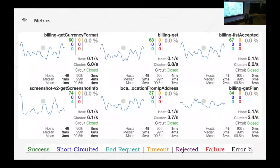I also mentioned that we use Hystrix for latency and fault tolerance. So for free, if you use our framework, you also get Hystrix dashboards that tell you how each of your endpoints is doing. And these dashboards are pretty neat. You can focus on each of the quadrants, and you can say, for my billing get currency format endpoint, you see 6 different numbers near the middle, which correspond to successful, short-circuited, bad requests, timeouts, rejected failure, and then error